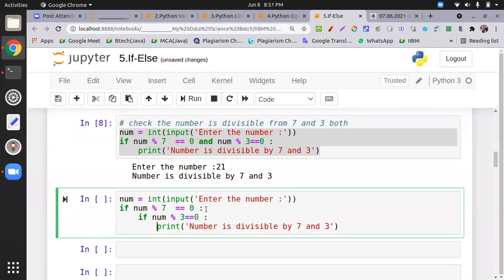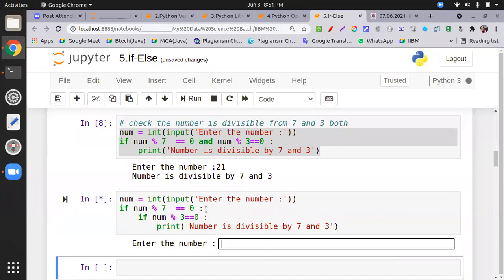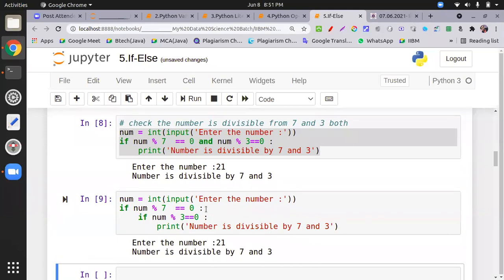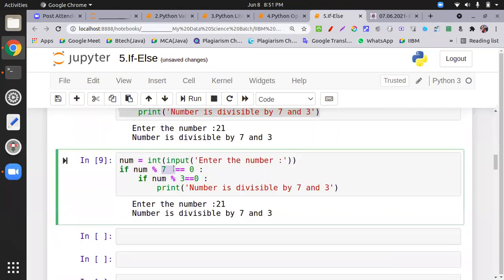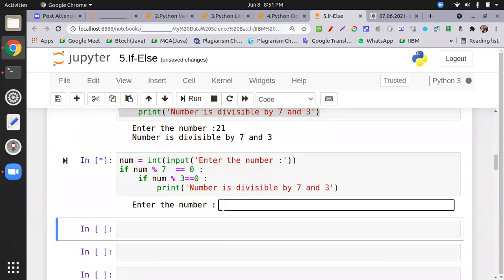So what happens if we have 21? Then it will execute. If we have 49, yes, Nisha, what is the expected output from your side?